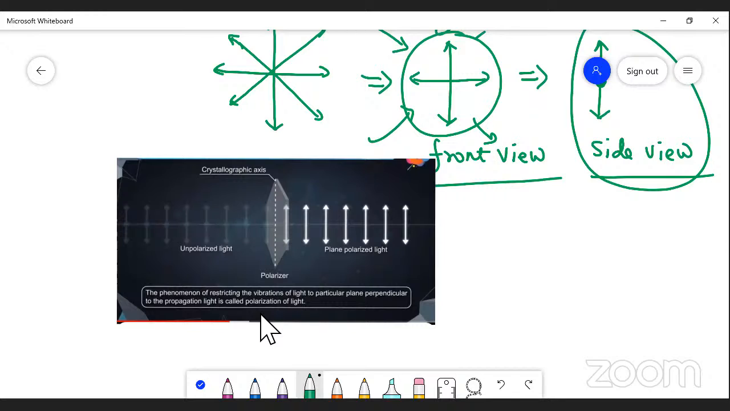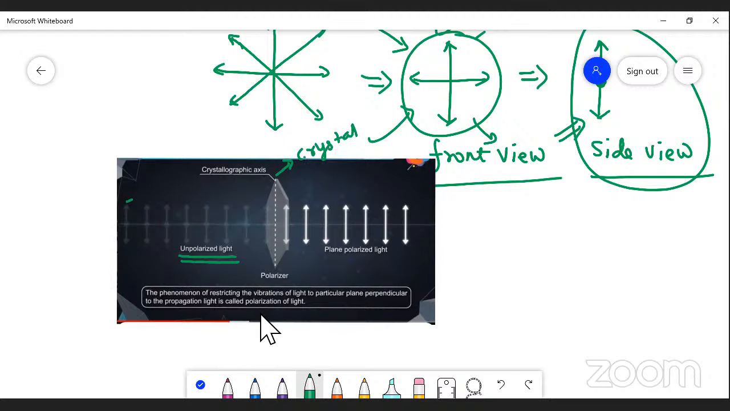Please look at the diagram. This is unpolarized light. Already I told you unpolarized light can also be represented by a double arrow with a dot. Here, this is the double arrow with the dot, so it shows unpolarized light. When the unpolarized light is made to pass through a crystal,